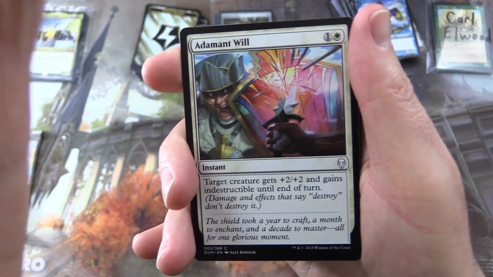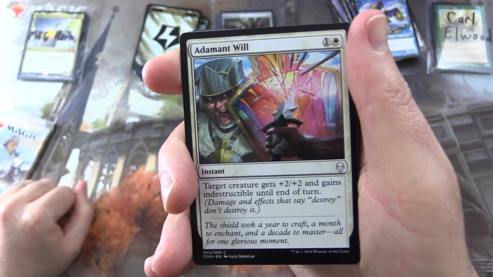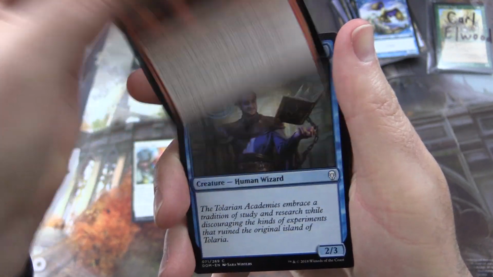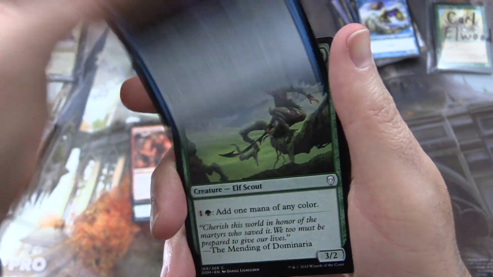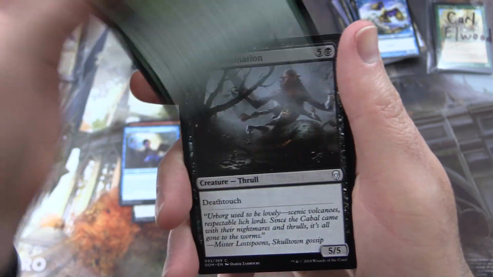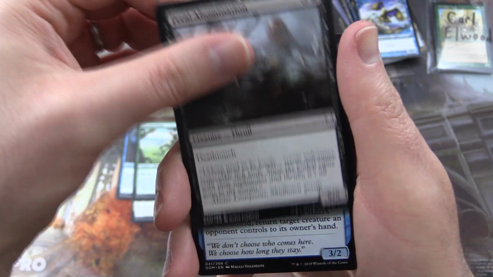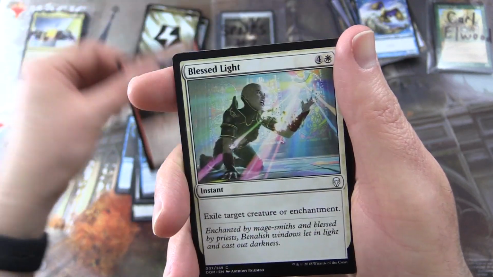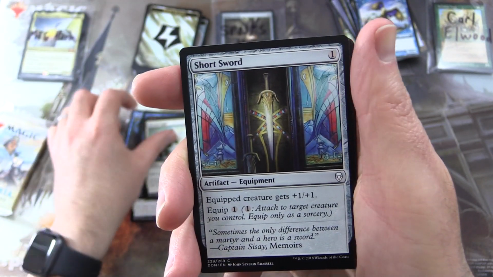And this will be rotating out very soon. I'll be sad to see it go. We have Adamant Will, Radiating Lightning, Tolarian Scholar, Llanowar Envoy, Feral Abomination, Academy Journey Mage, Keldon Overseer, Blessed Light, Short